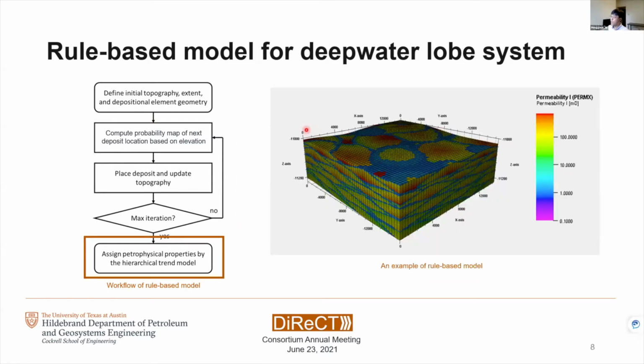And in the end, after we defined the compositional surface, we assigned the petrophysical properties such as the procedural permeability using the hierarchical trend model from Hertz in 2004. So this is one example of the permeability model, which is made by the rule-based model. We can observe the two different hierarchical trends. The center of the lobe has higher permeability than its boundary, and also the lobes on the bottom